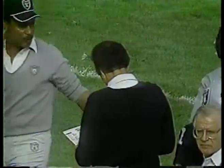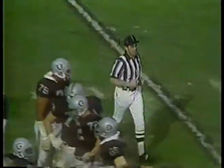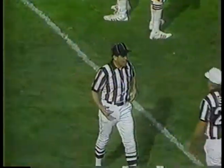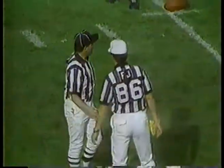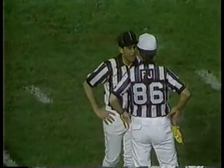Ball at the 15-yard line. The officials talking with both sidelines. I don't know if the communications from the press box are out, if that's what that's all about. Well, if it is, you'll see them take off the headsets on both sides of the field. Or there might be a malfunction in the clock. Well, Mr. Markbright perhaps will tell us. Motioning at the big clock on the far right of the Coliseum. And we're told that it's one of the clocks, I guess the clock on the right-hand side, that is not working, so...